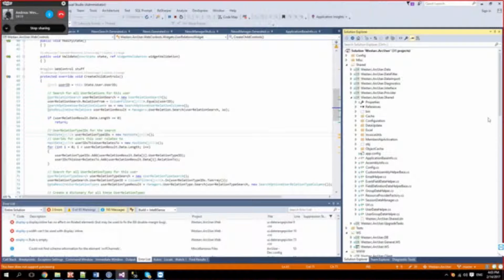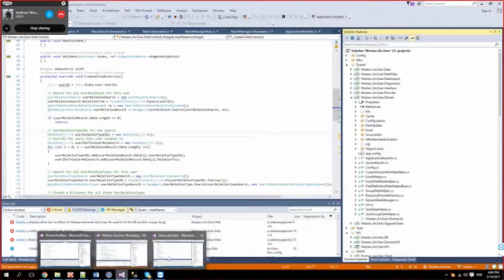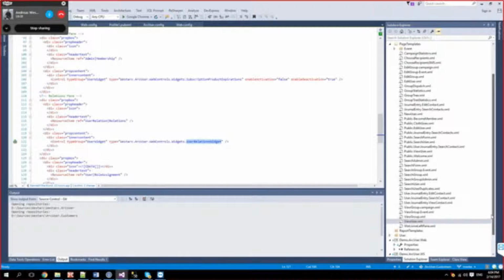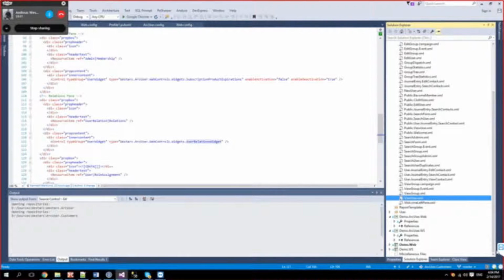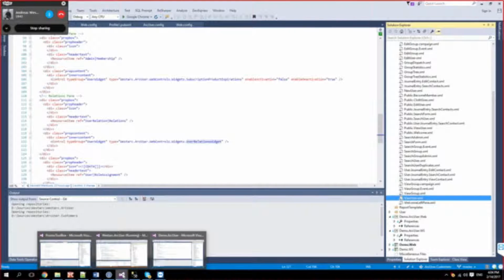It depends on where the module is implemented, because if it's implemented in the customer namespace, in the customer project, like demo here, we use reflection to search the assemblies for specific interfaces. So that's fairly straightforward. There's nothing you have to do when using a new widget or a module.